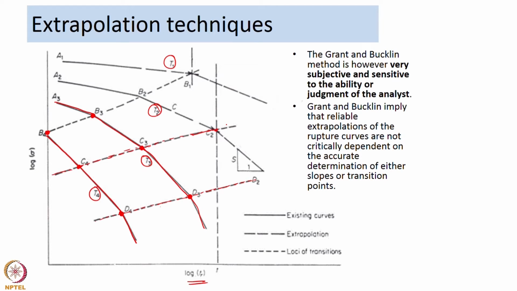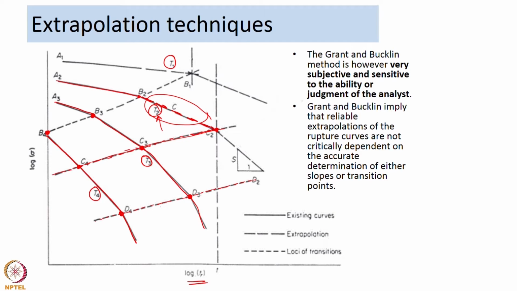Now, what they are saying is, say for T2 you have data only from A2 to B2. So, you have only one linear segment, A2 to B2, and once you have this loci of transitions, you extend the loci of transitions. Then B2 is going to meet C2 there. This is now the extrapolation of your data. You can use A2 to B2 and extrapolate so that you meet at this point C2. So now you have created a new set of data by extrapolating A2 to B2 for this temperature T2.